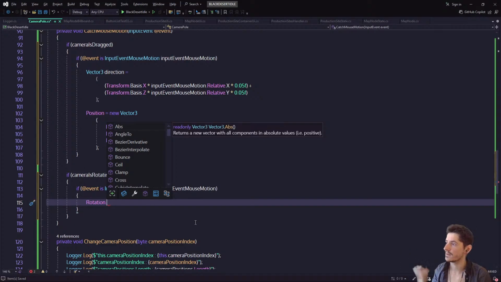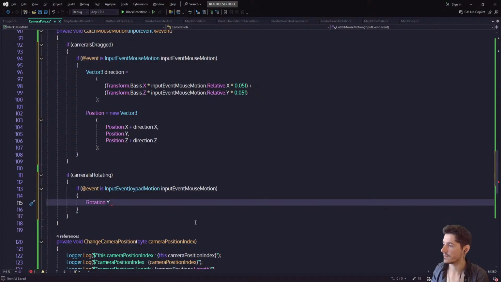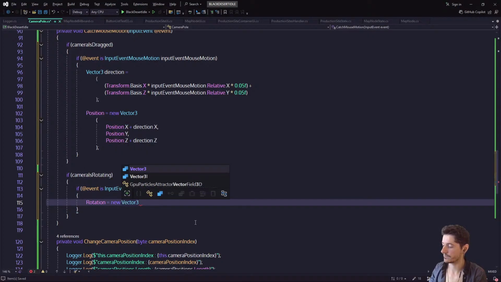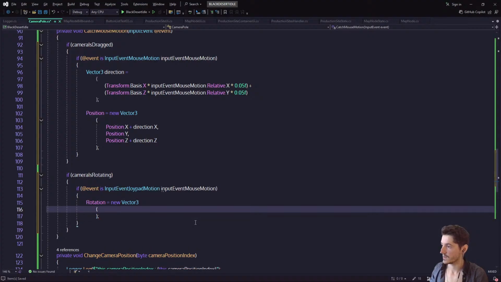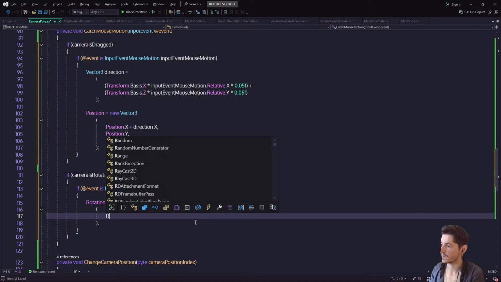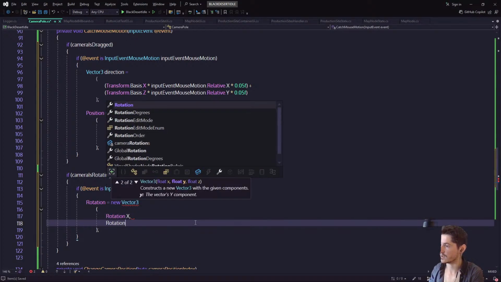Is it y? I think it's y. Rotation dot y? No. New Vector3. So rotation.x, rotation.z, but